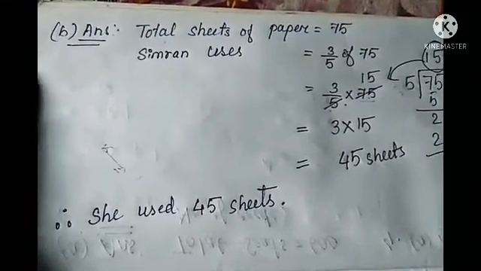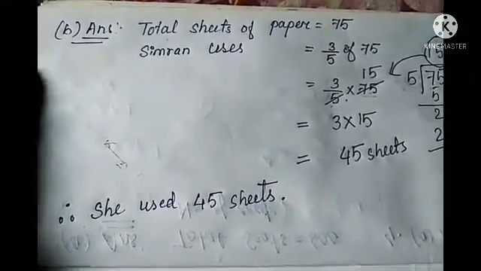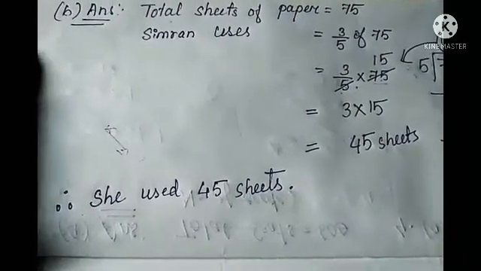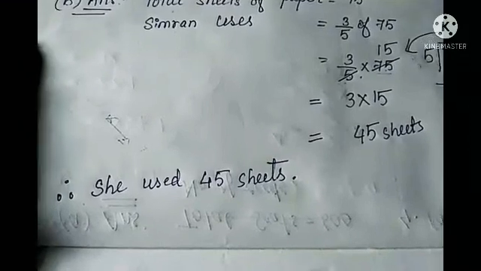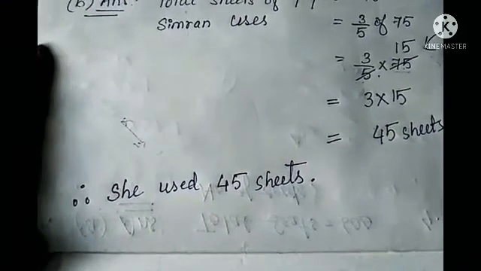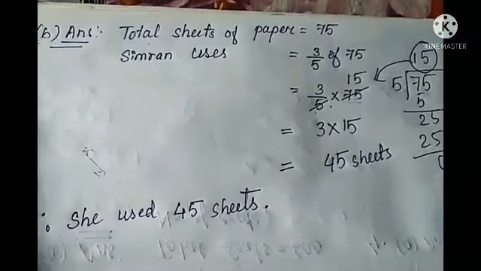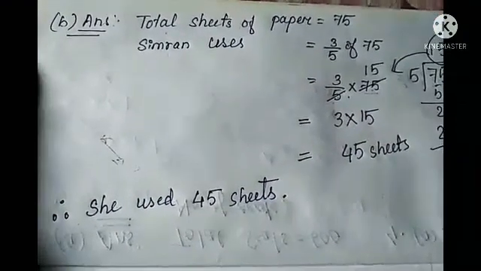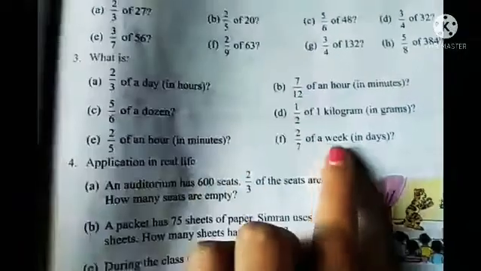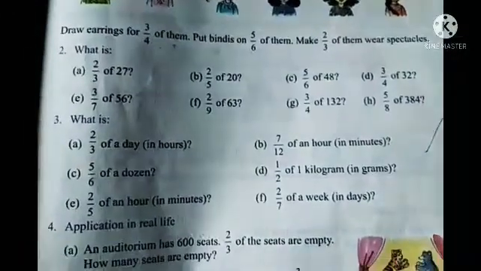Okay, so 1 number I'm giving you as homework, so you can do it in your book, and 4 numbers C and D. And students, I have shown some of the questions from question number 2 and 3, so that one also you just try whatever is left out. Okay, so whatever is not solved in my video, you try to solve and write it in your copy, and after solving you can show me your copy.